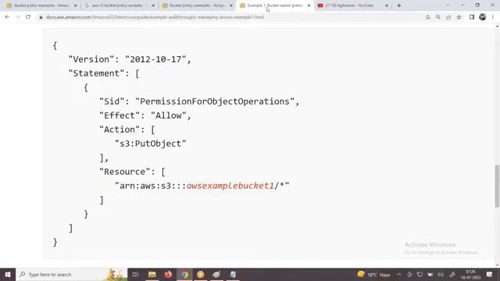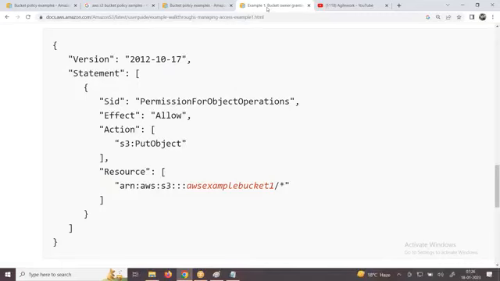Now, I want to provide permission to Dikshit's account, Dikshit or anyone, or I want to make sure that my AWS S3 bucket is open to the entire world, so anyone in the world of AWS should have access if you want it. The second thing coming is statement. I want to write a statement, an AWS S3 statement.